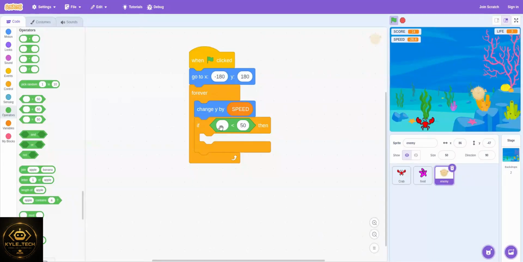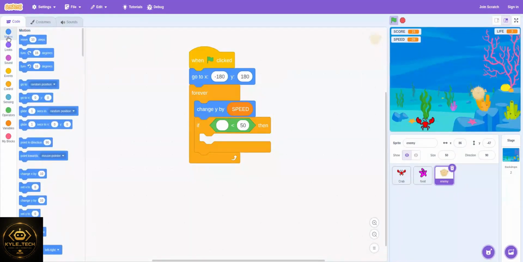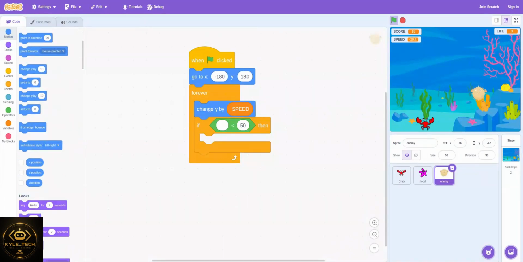So if Y position, which is in Motion, is less than -135,